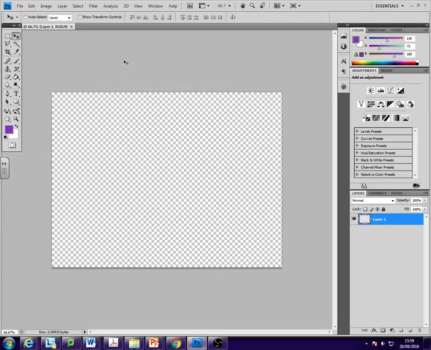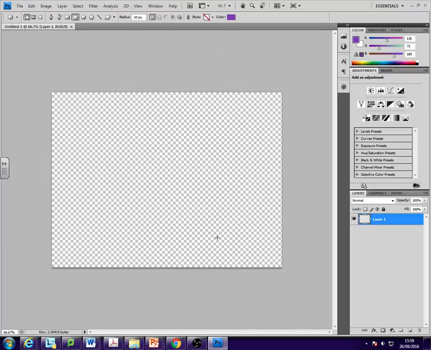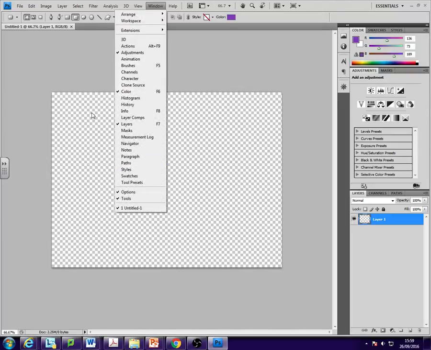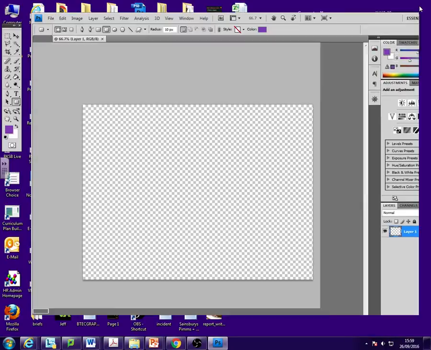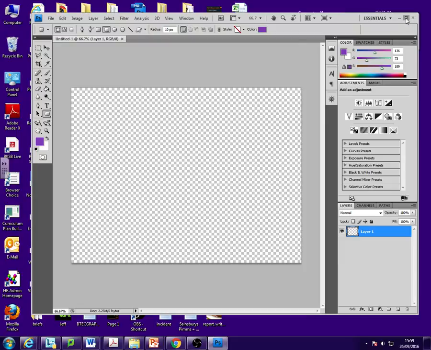open something like this. So the first thing you need to do is locate this here. If you can't find it, it's likely that you need to click and hold on your rectangle tool, because I'm sure yours will look something like that. If you scroll down to the rounded rectangle tool, and I've lost my tools, just open them again. They're hiding. Okay,